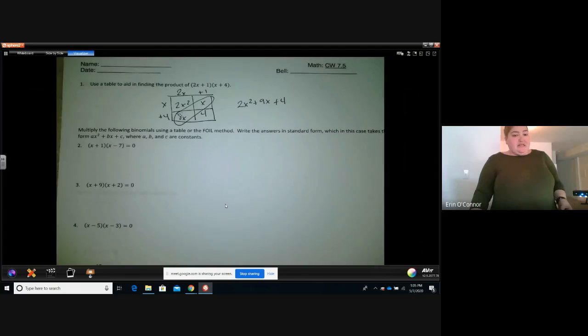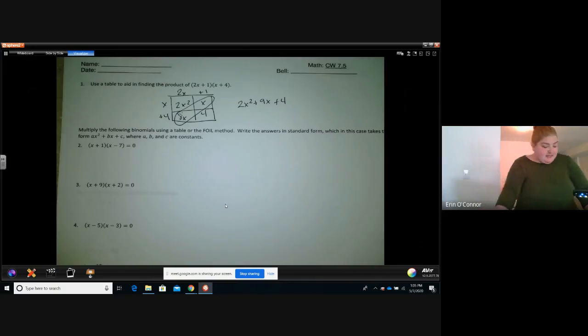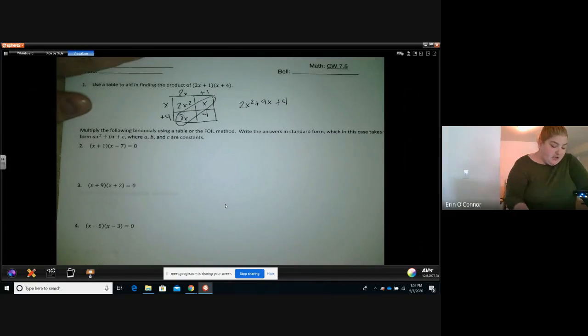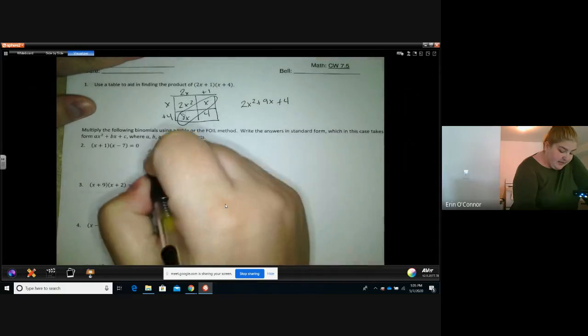Now what we're going to do next is multiply the following binomials using either a table or the FOIL method. And I'm going to review the FOIL method with you. And then we're going to write the answers in standard form. In this case, it's, remember, ax squared plus bx plus c. All right. So again, we can do this with the table method,